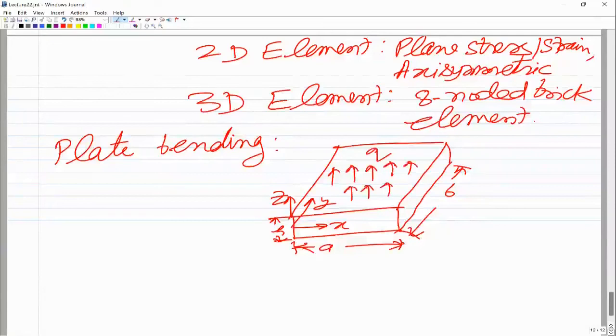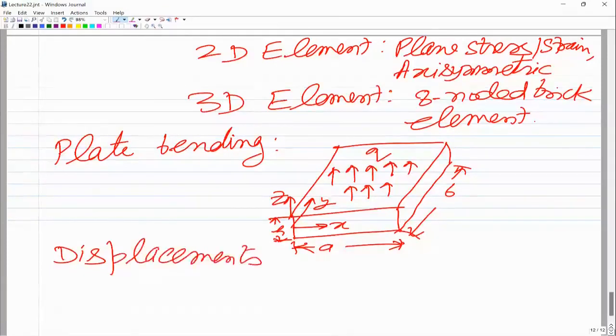Now there can also be, because when you talk of complex structures like ship and submarine structures, all the plates are not in the same plane, they are actually in different planes. So transverse loading in one plane will lead to in plane loading, and partially in plane and partially bending in the other plane. So then you also ultimately end up having the in plane as well as the transverse load. So under that, if you look at the displacement field for plate bending element,